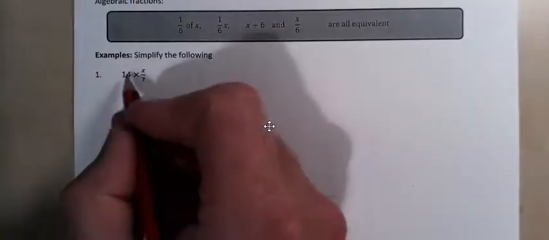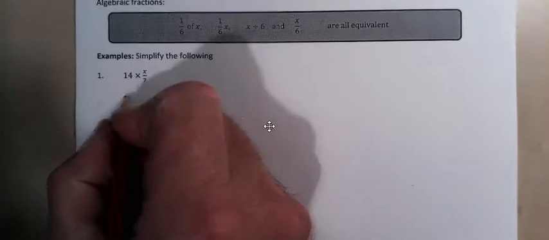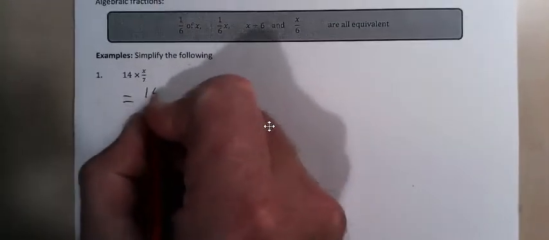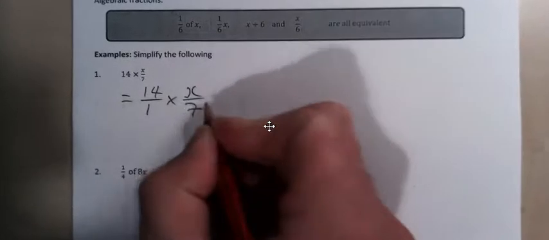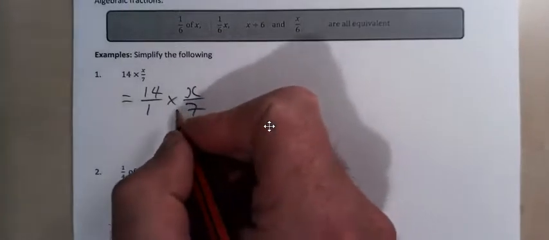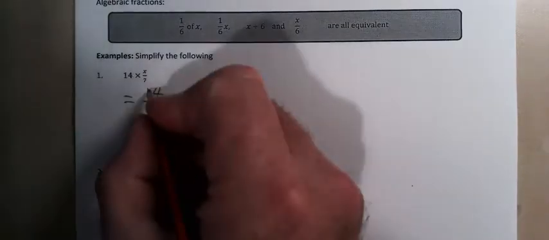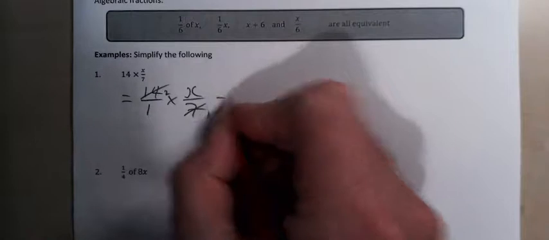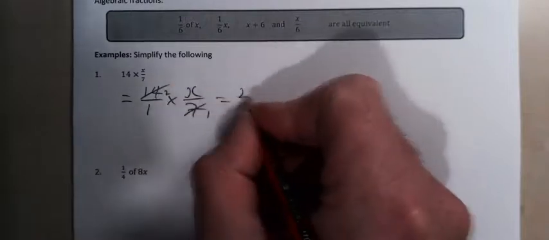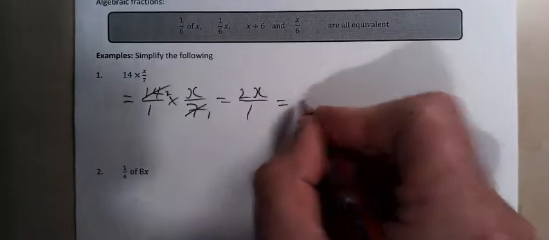Okay, how do we simplify 14 times x over 7? A couple of different ways of doing it, but if we're looking at multiplying fractions, we would write that as 14 over 1 multiplied by x over 7. So what do we have then that cancels? So the 7 and the 14 both divide by 7, goes 1 time, goes 2 times. 2 times x is 2x, 1 times 1 is 1,